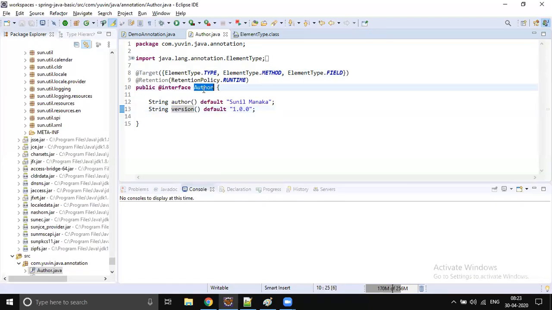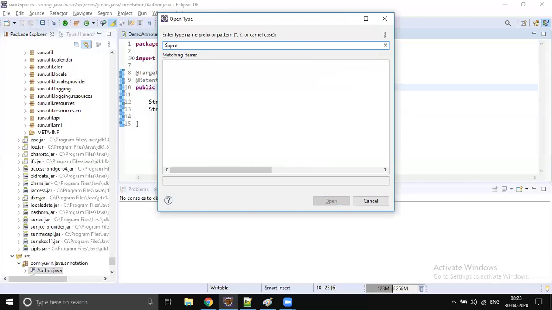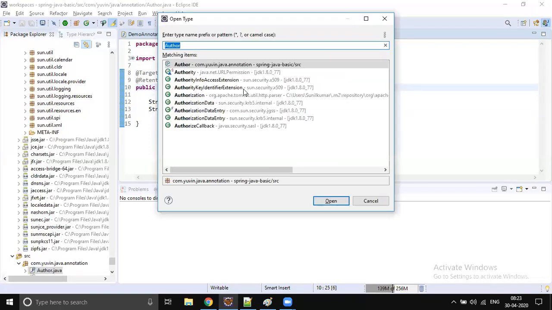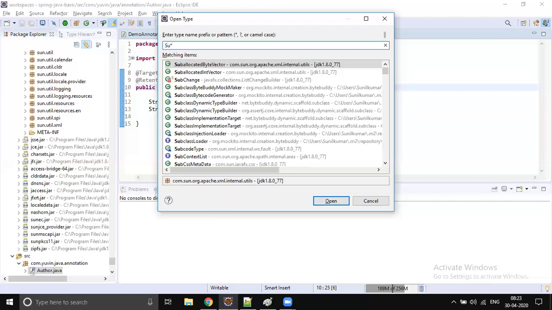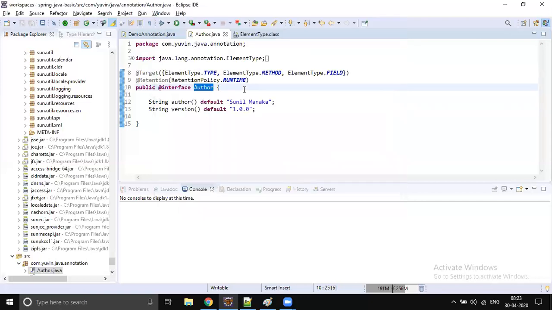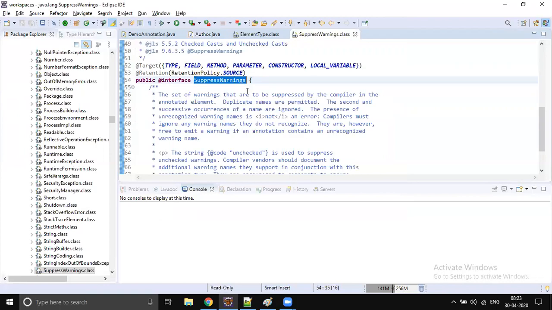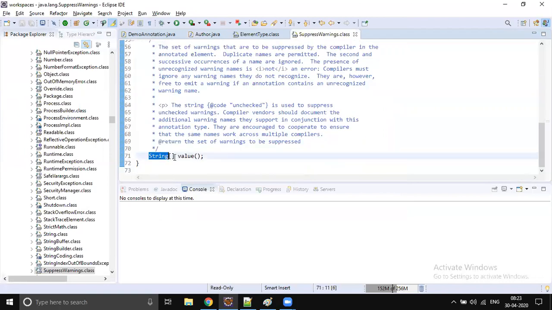When you define an annotation, the mandatory properties have to be assigned. For example, yesterday we saw @SuppressWarnings, and it has a String array property, value.